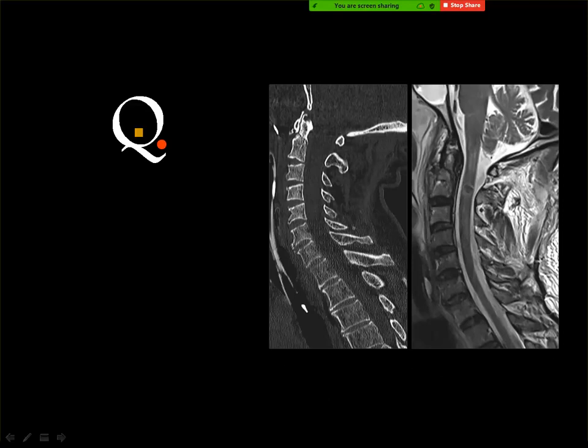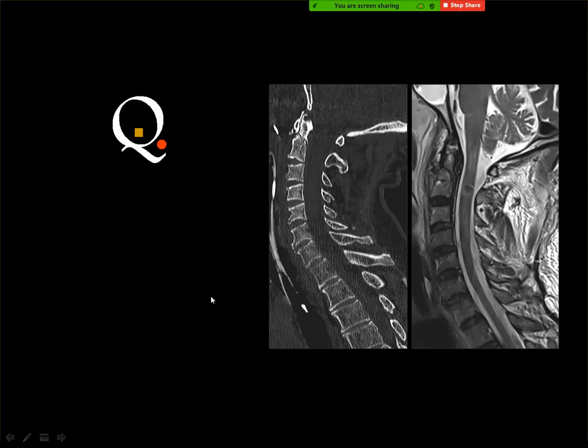All right, if you look carefully at the CT scan, you can see that the spinal canal is capacious, as you mentioned, but if you look carefully here, you can see that the odontoid is fractured. This is a type 1 fracture of the odontoid, which is non-displaced with consequent intramedullary hemorrhage. If the hemorrhage is acute, it will appear of intermediate signal in T1 and of dark signal in T2. The rim surrounding the hematoma is